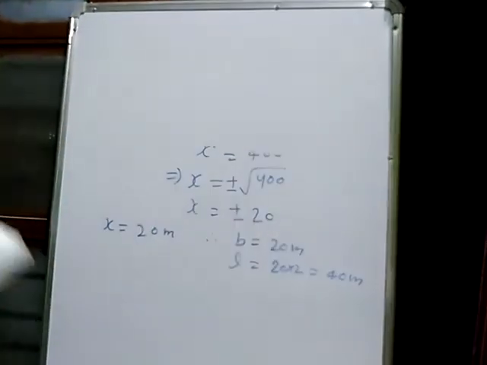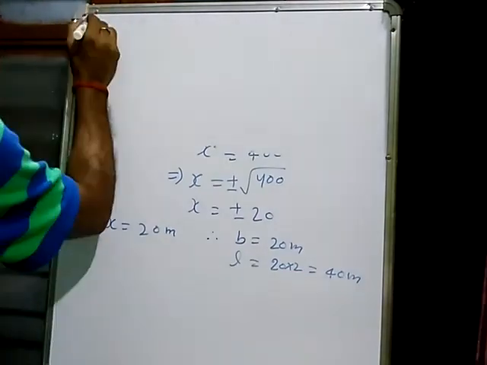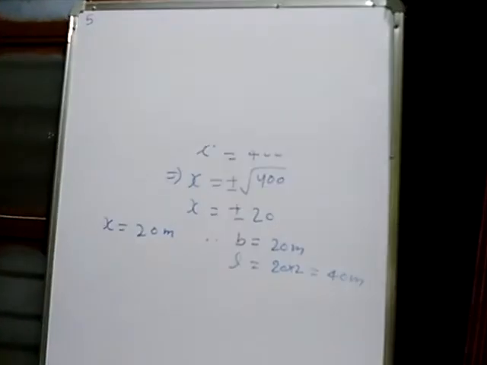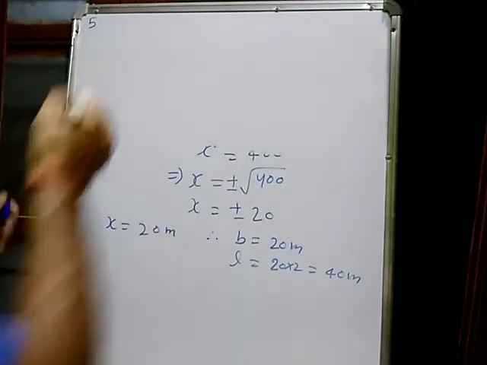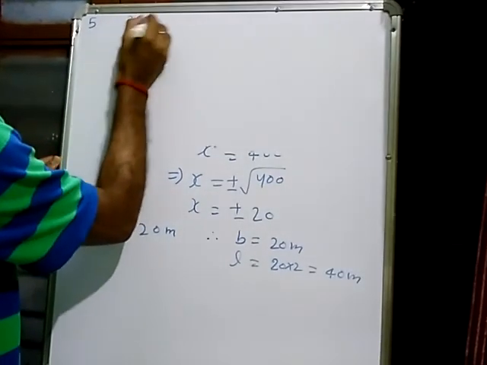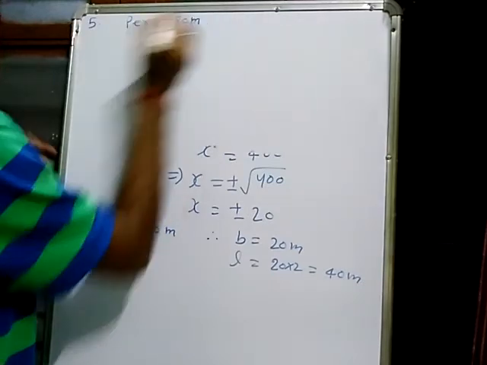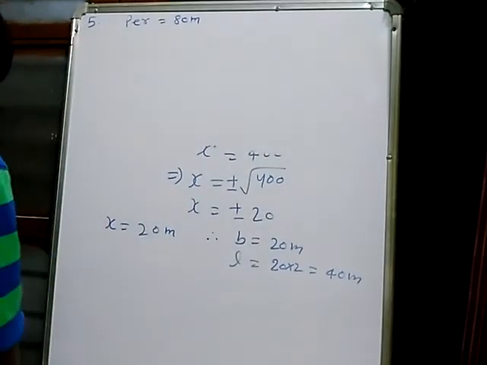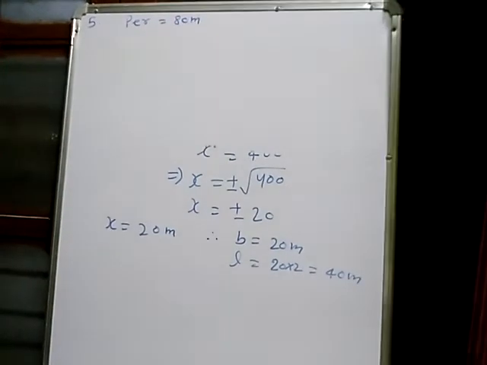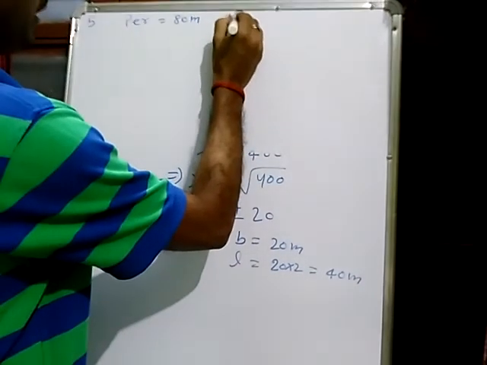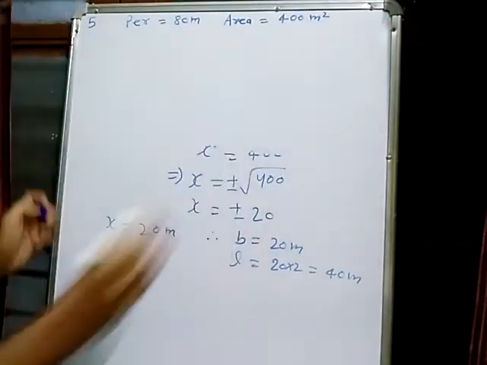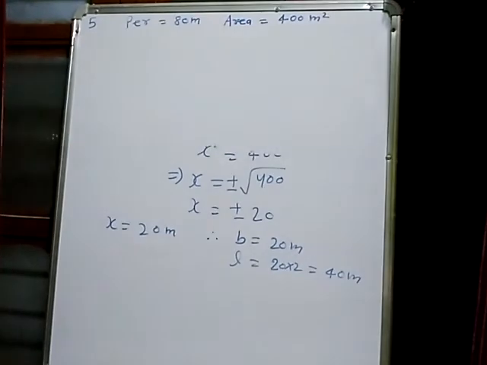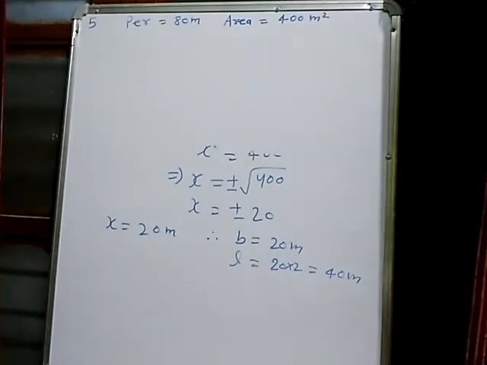Students, whenever you will solve the question, firstly you need to write all the given information. जो भी information question में given हो उसको note किया करो. Is it possible to design rectangular park of perimeter 80 meter? एक rectangular park लेना है जिसका perimeter given है. Its perimeter is given 80 meter and area 400 meter square. If so, find its length and breadth.